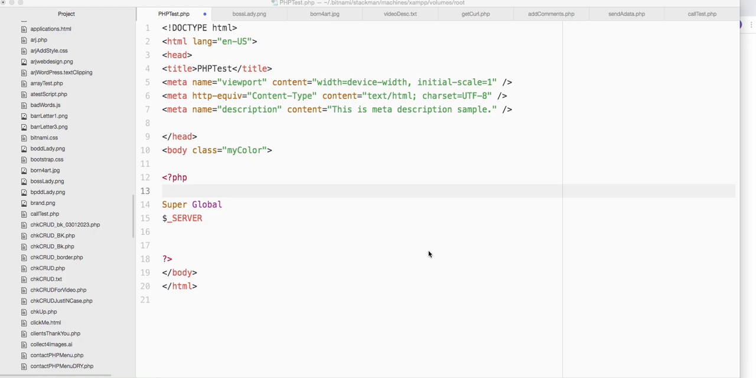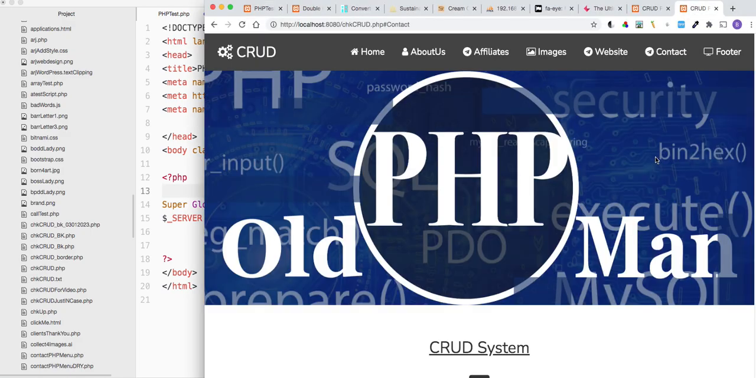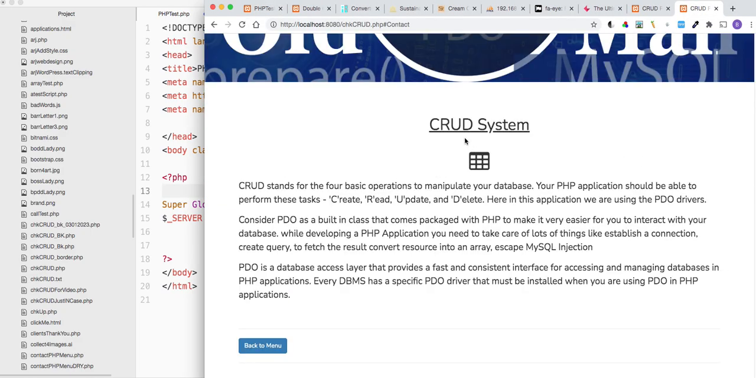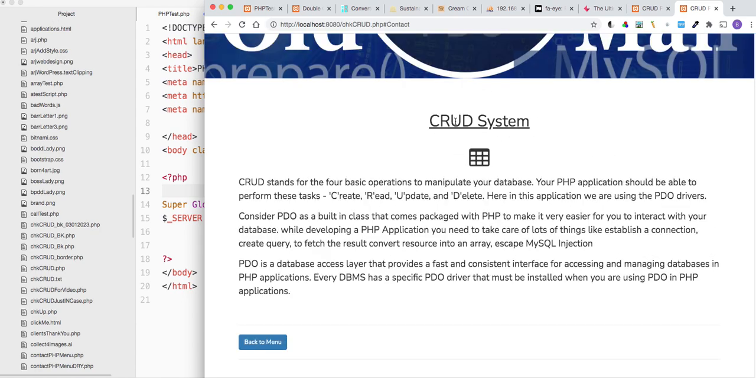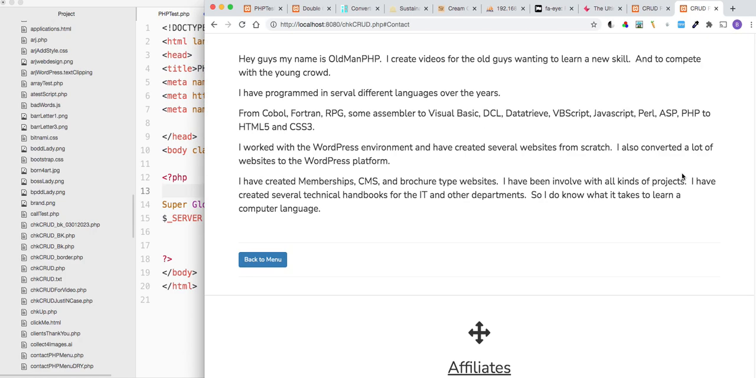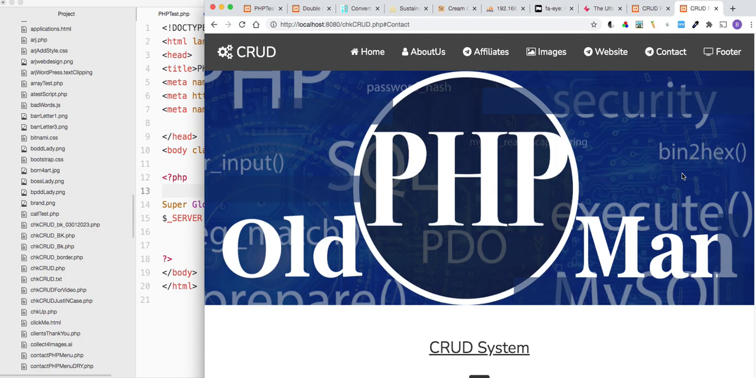Before I talk about this Super Global, I wanted to mention this website. Remember this website that we created, which is the CRUD system, which means create, read, update, and delete from database type things. And I created a full-blown website with all the little features that I know your potential client will ask for. But I mentioned also that everything is written inside boxes. They're called divs,